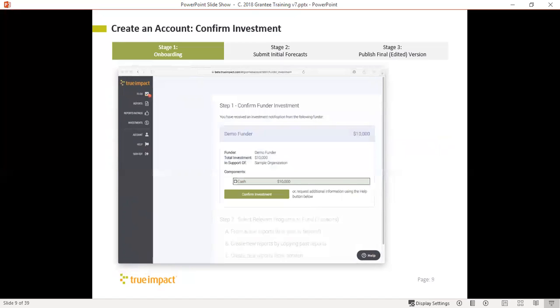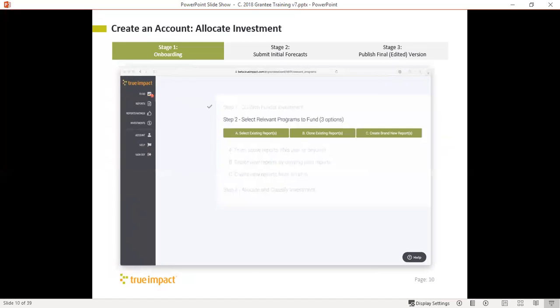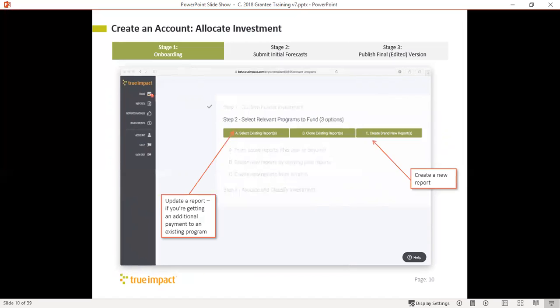Click on the report that you're interested in, confirm the investment, and decide whether you want to create a brand new report, which is what I think many of you will be doing. Select an existing report if you want to update something to go from an initial report to a final report,